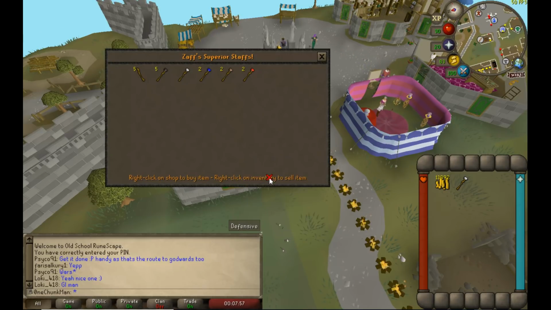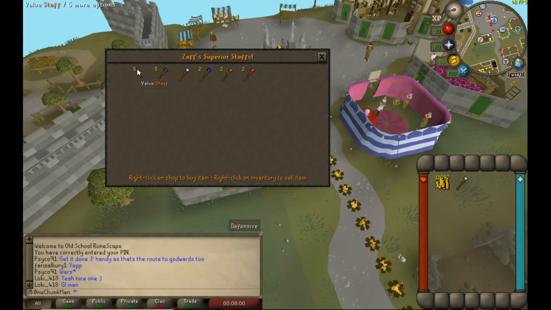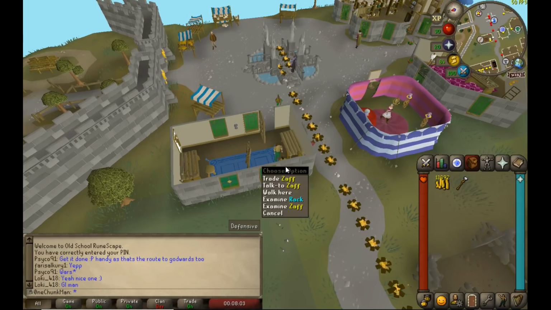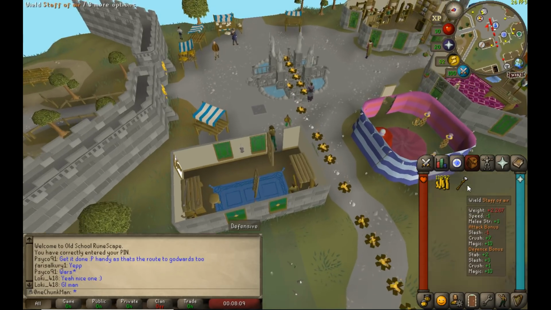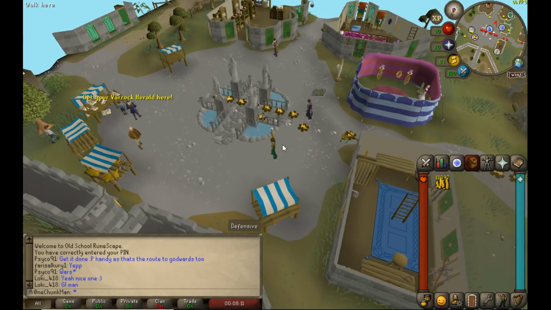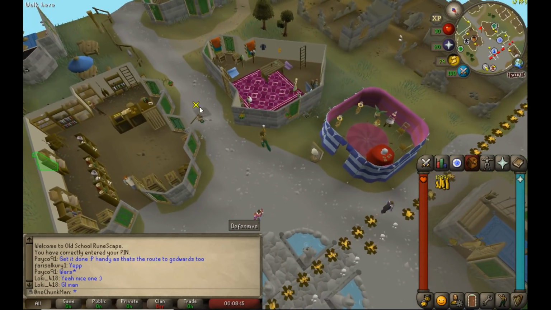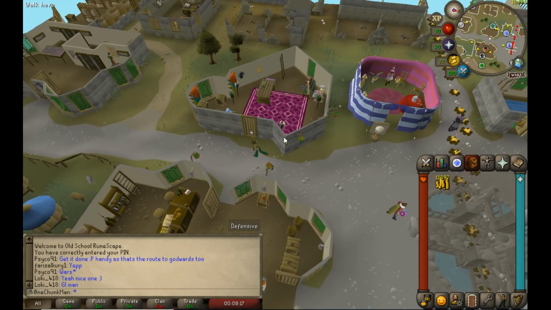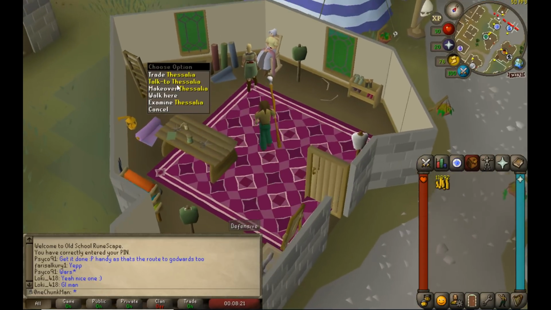Wait, I'm sure there's a way to... Yes, please. And that opens... How do you access his normal... Okay, I'm not sure. There's probably a way to do it, and I'm just being really silly. But I'm guessing there's a way you can... Ooh, that was a bit of lag. Let's zoom in. I'm guessing there's a way you can...